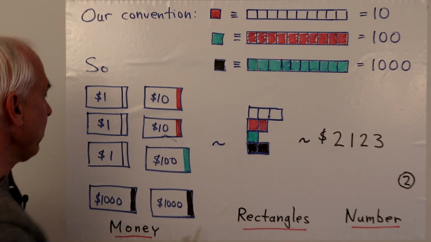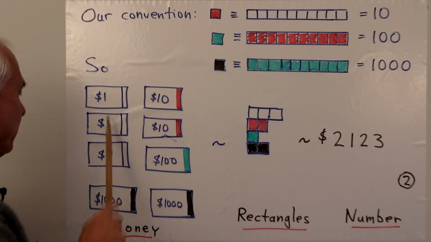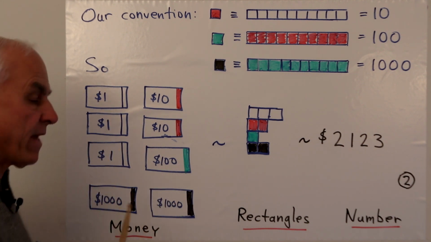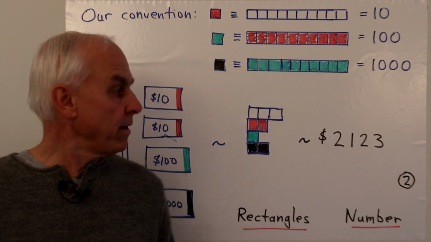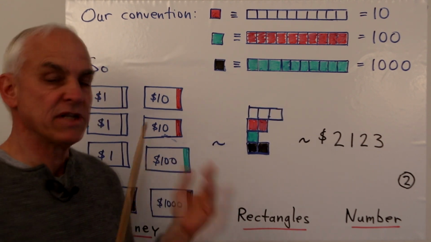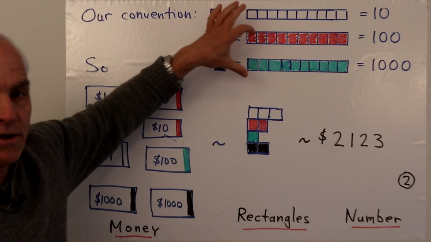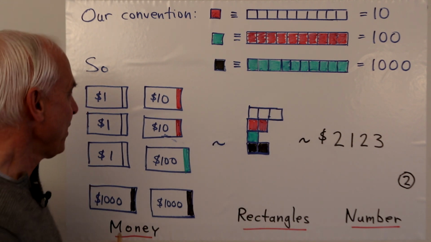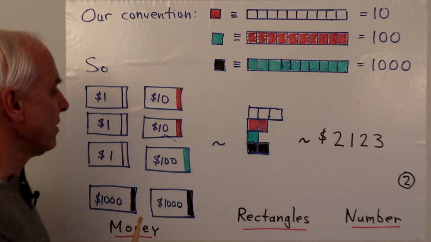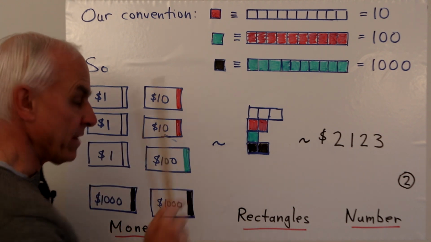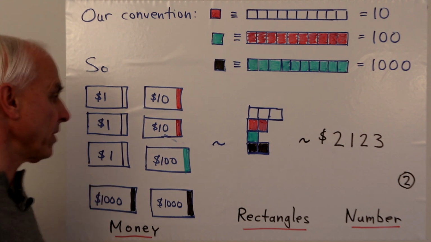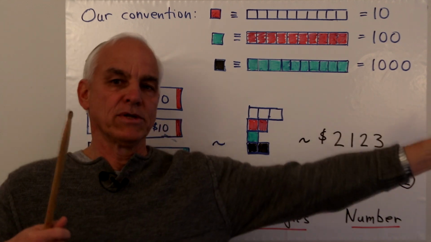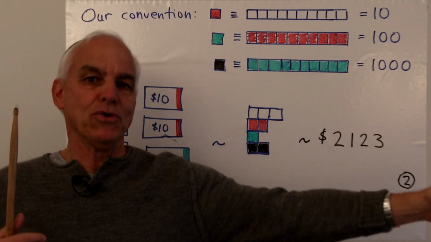So for example, here is a certain amount of money. We have a dollar bill, three dollar bills. We have two $10 bills, a single $100 bill, and two $1,000 bills. That's in our wallet today. And over here is a representation of that using this row rectangle framework. Okay, the three $1 bills are represented by these three squares, the two $10 bills by these two red squares, the $100 bill by this green square, and the $2,000 bills by these two black squares. This is very concise, so we don't have to string out thousands of squares in a huge row rectangle.